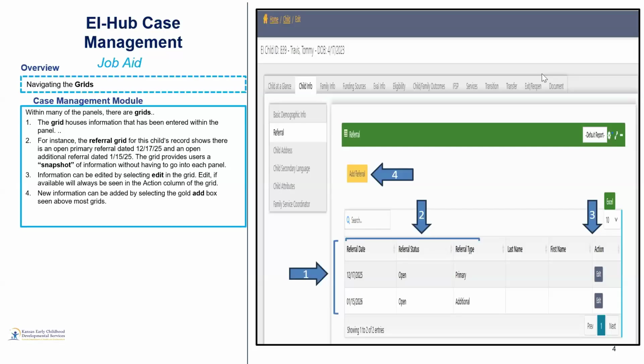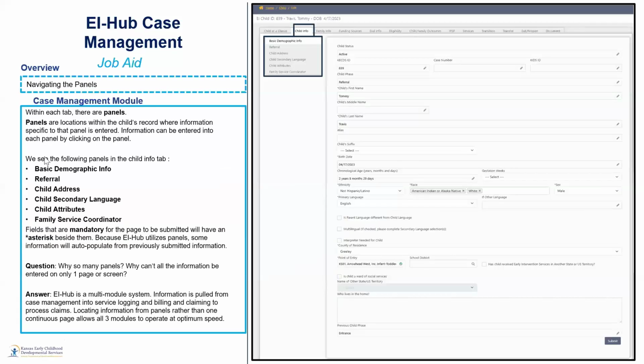Okay. All right. So within our child information tab, we also have our referral. And once we've entered our basic demographic information and submitted that, we can enter the referral. So I'm going to go back just a little bit. When you enter the basic demographic information and select submit,